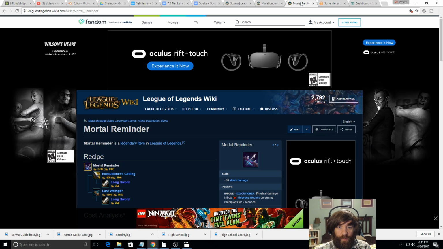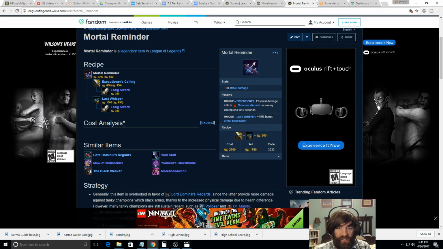Mortal Reminder, in some ways, is even worse because it's any physical damage. They don't even have to put you below a certain health threshold. Any damage they deal is going to cut your healing in half. So this is a brutal counter against Soraka, and this is part of why it's more rare to see her in high elos. I mean, obviously Seb works around it, but this is probably why you don't see her as much in high elo streams, is because smart players at higher elos will get this item,